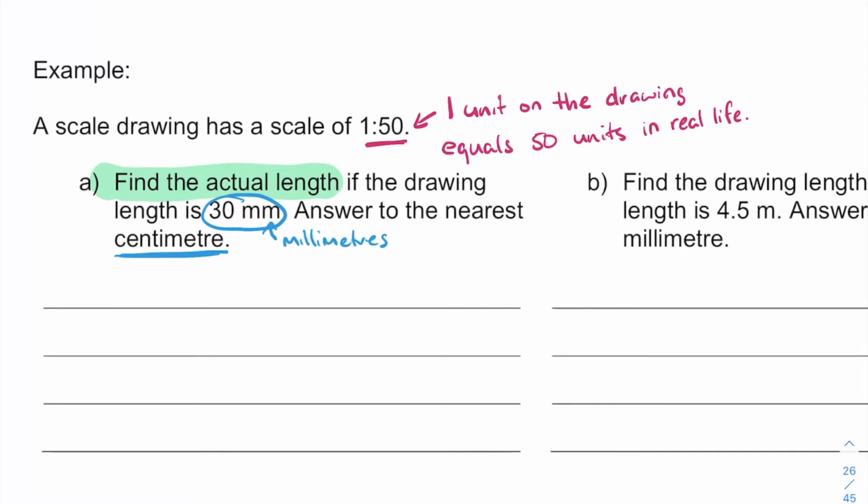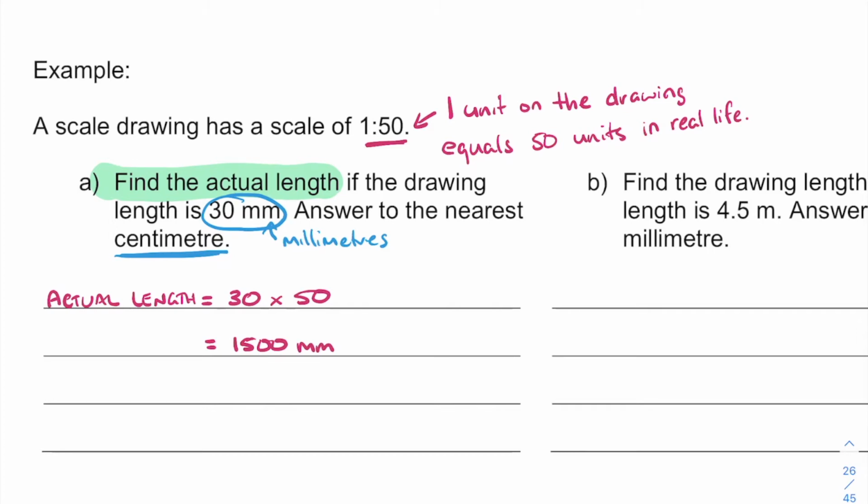It wants the actual length, so that's how I'm going to start. Actual length equals. I'm going from a small drawing to a big drawing, so I'm going to use multiplication because we're going from small to big. Small to big, you tend to multiply. So I've got my 30 millimeters times the 50 units. 30 millimeters times 50 gives me 1,500